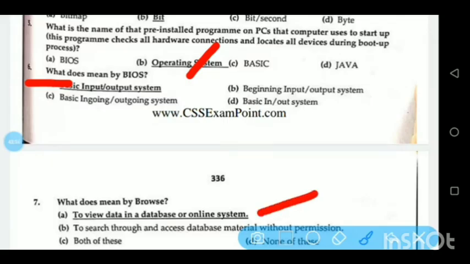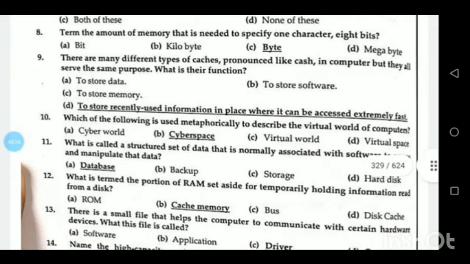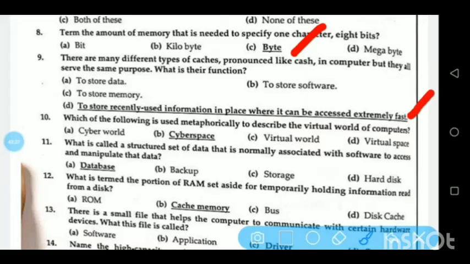What does mean by browse? To view data in a database or online system. Term the amount of memory that is needed to specify one character. 8 bits. Byte. There are many different types of caches, pronounced like cache, in computer, but they all serve the